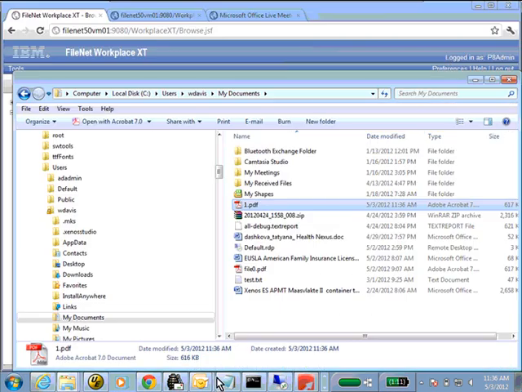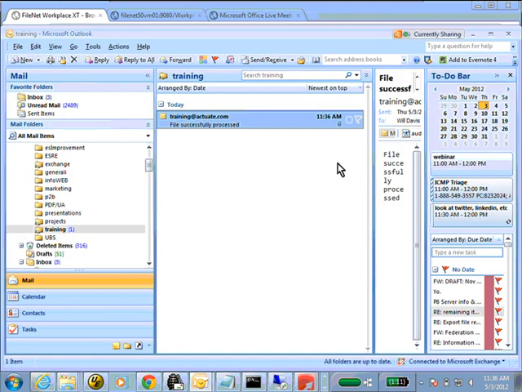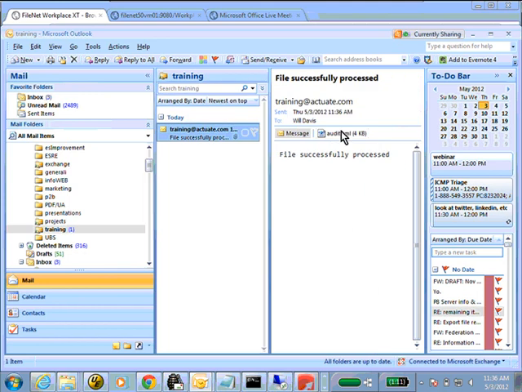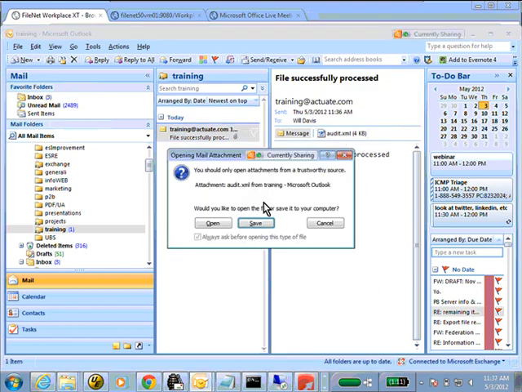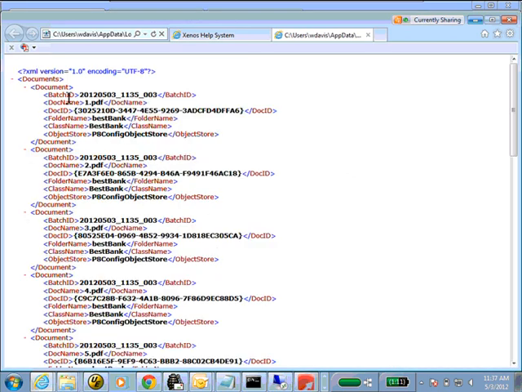Now, if I go into my email, I should hopefully see that email. Awesome. 11:36, I received an email saying that the file was successfully processed. And I also received an audit file. If I open that up, I can see additional data within it. I can see the batch ID. I can see the document name, see the doc ID that it was actually stored as within P8. And I can see additional information around where it was stored. So everything's working great, luckily, after that little misstep there.